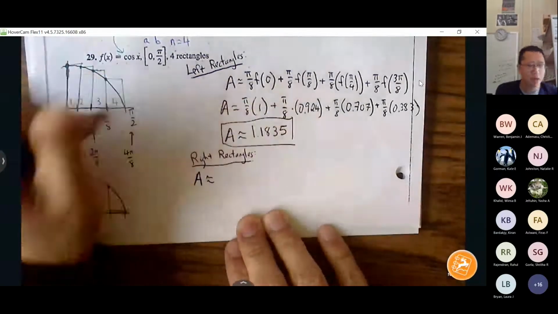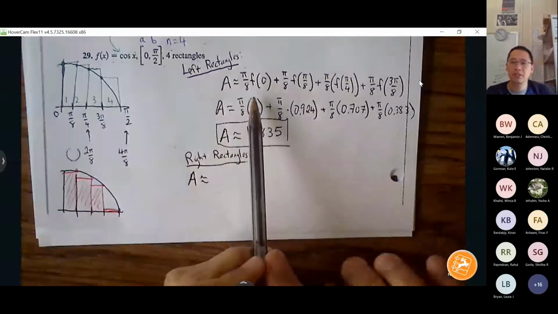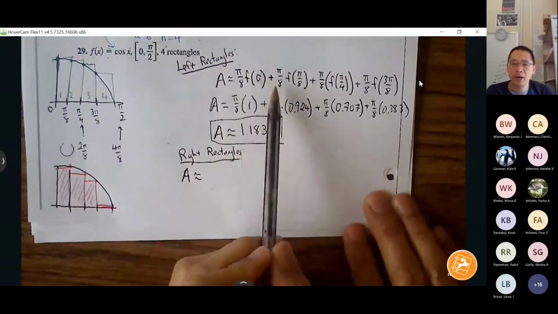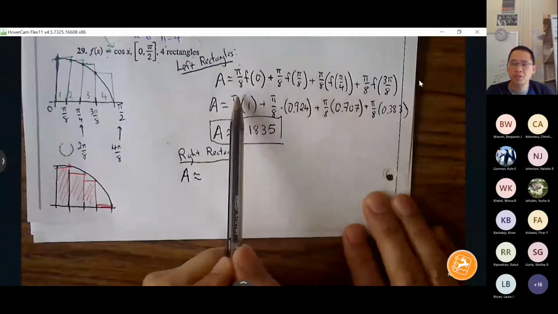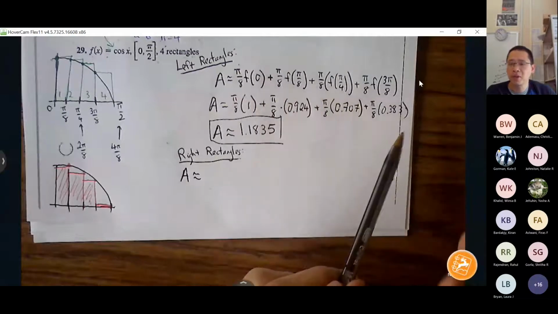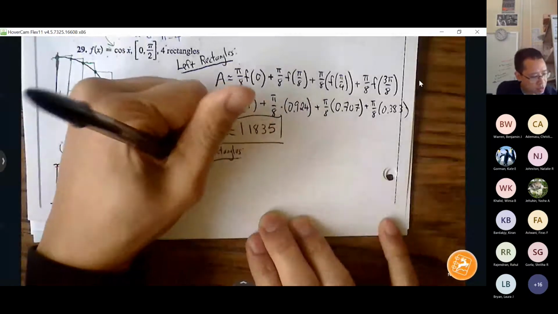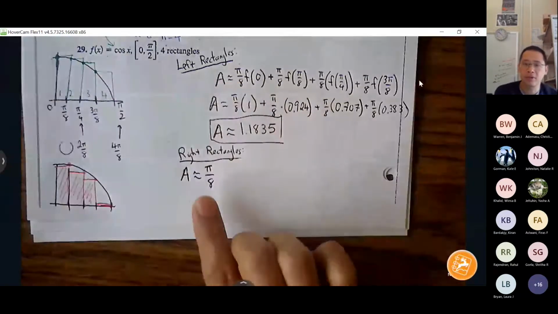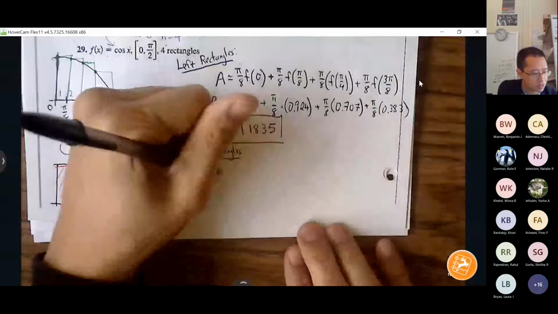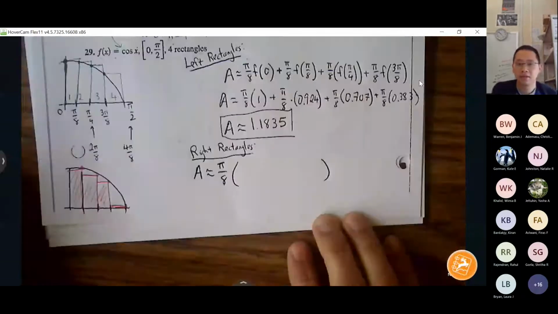Now, if you look from the previous information here, notice how the width is all pi over 8, right? So what we can do is we don't have to write pi over 8 out every time. We can just factor that out. That could maybe save some time in terms of how much we write out. So if I factor pi over 8 out, then I can just spend the time to just add the heights